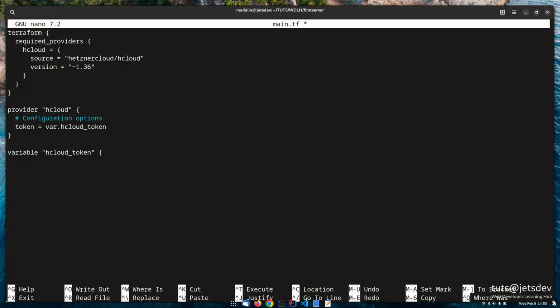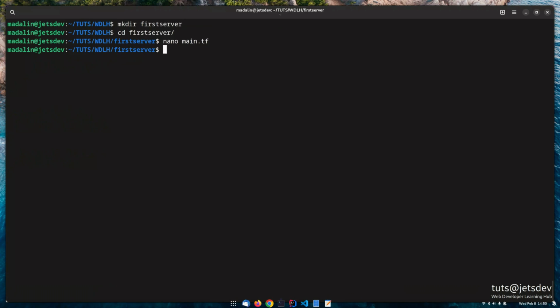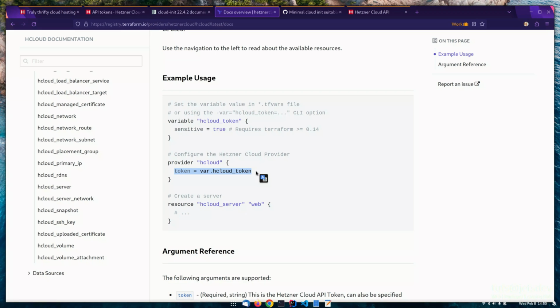And what we want to tell this variable is that it must be sensitive. Sensitive means that it's not going to be exposed in logs or console while it's running, just to keep it outside of different eyes. Okay, so what we want now is